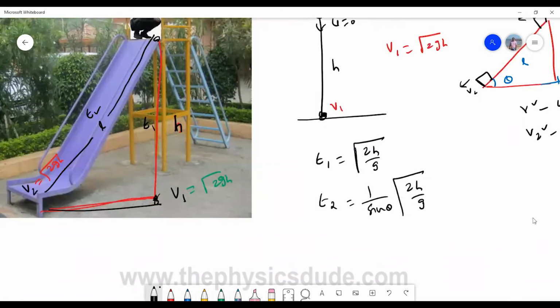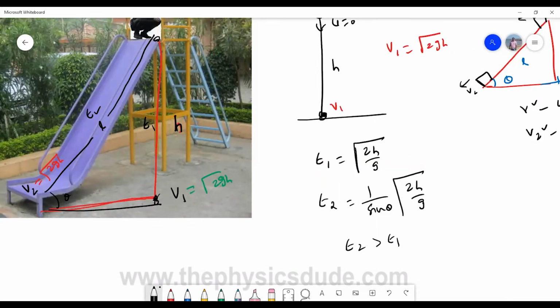Clearly we understand that this t2 will be more, as there is some angle of inclination θ. So we know that, for example, say 60 degrees, there is some value here. So when compared to this, t2 will be more, because 1 by sin θ is greater than 1. Here if I take sin 30 degrees as 0.5, therefore clearly we can understand that t2 will be greater than t1.